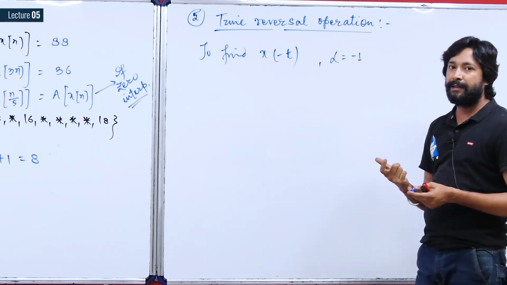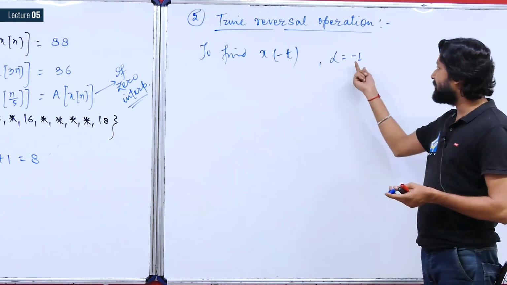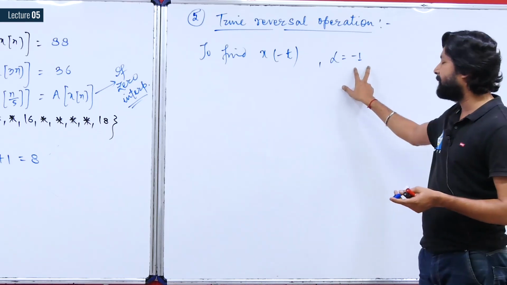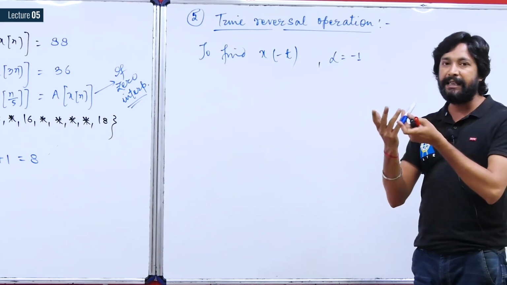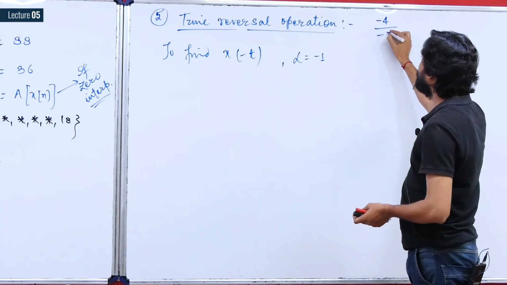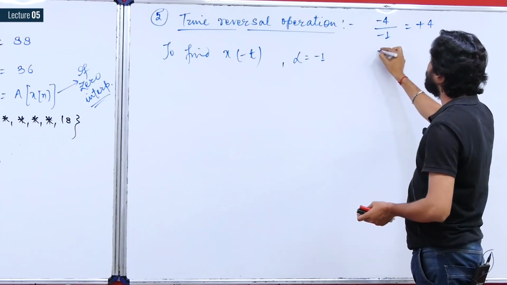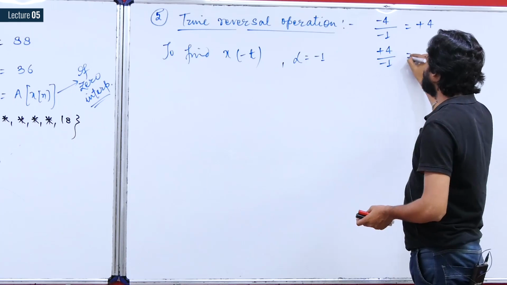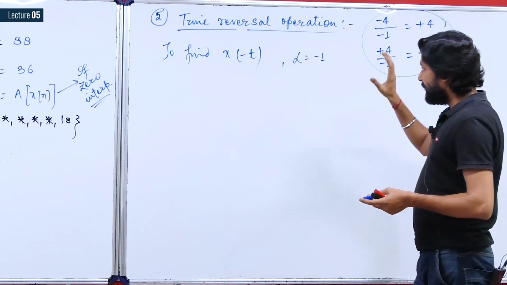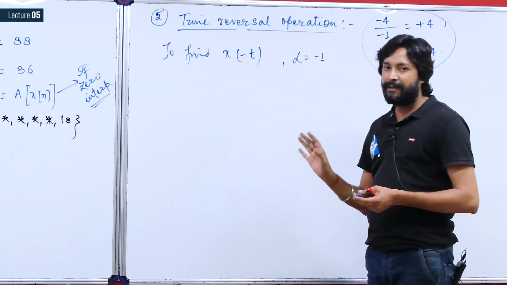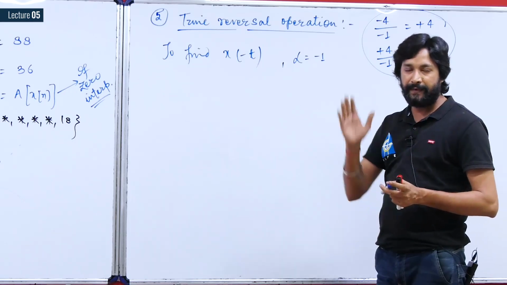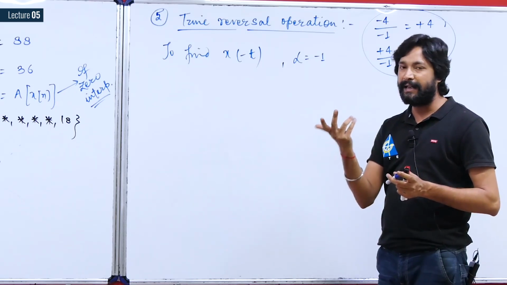So how do you time scale any continuous time signal? You divide the existing limits by a scaling factor, and now if the scaling factor is -1, then whatever number you divide by -1, it will only change the polarity of that number. If you divide -4 by -1, you get +4. If you divide +4 by -1, it becomes -4. So this time reversal, what does it imply? It implies that if you take time reversal on any signal, then you just have to fold your signal, keeping your y-axis fixed, just the x-axis will be shifted.